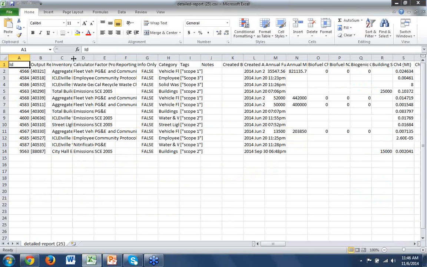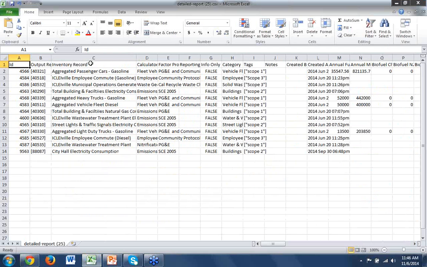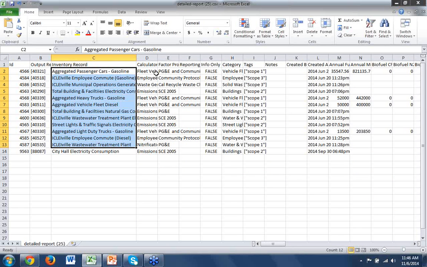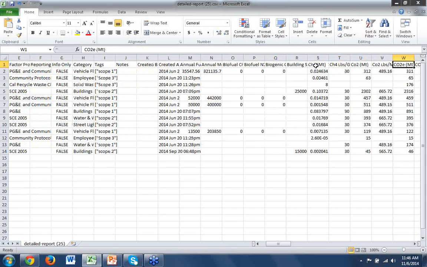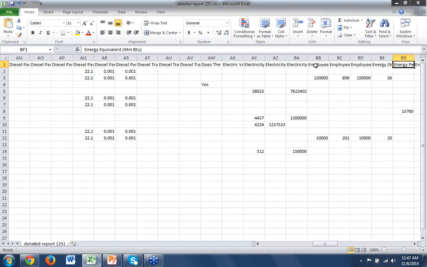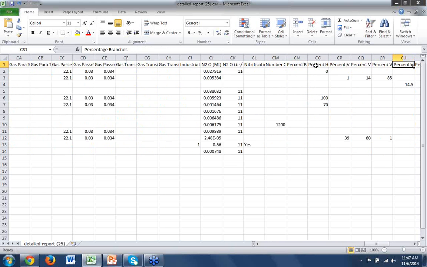Okay, so this has all the records available to you that you put into this for this particular entry. It basically starts with your inventory record, the calculator that we use, the factor profiles, any tags that you included, whether or not it's an information item, the category itself, the tags in terms of scoping, who it was created by and when, the fuel use. Again, it's all applicable on the different types of entries,